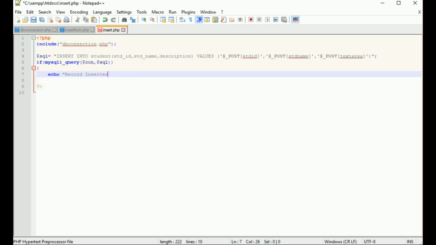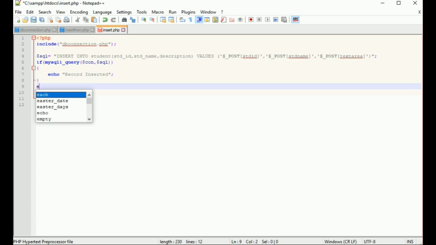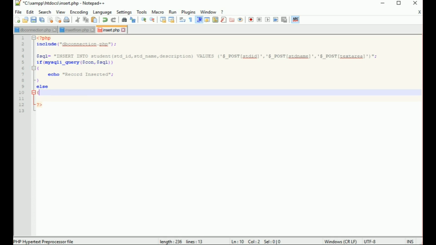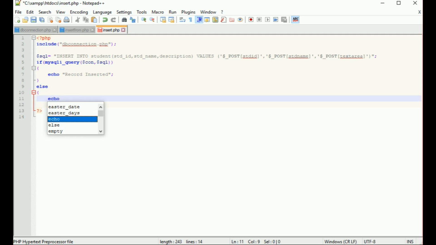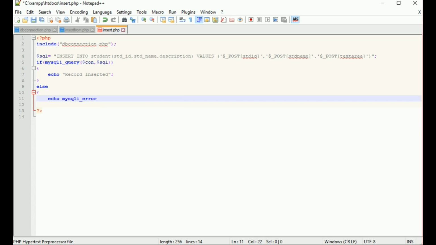Once the record is updated, the echo statement that includes the text record inserted will be printed. In case of any errors, the else statement is executed, which includes mysqli_error, which will return the error.